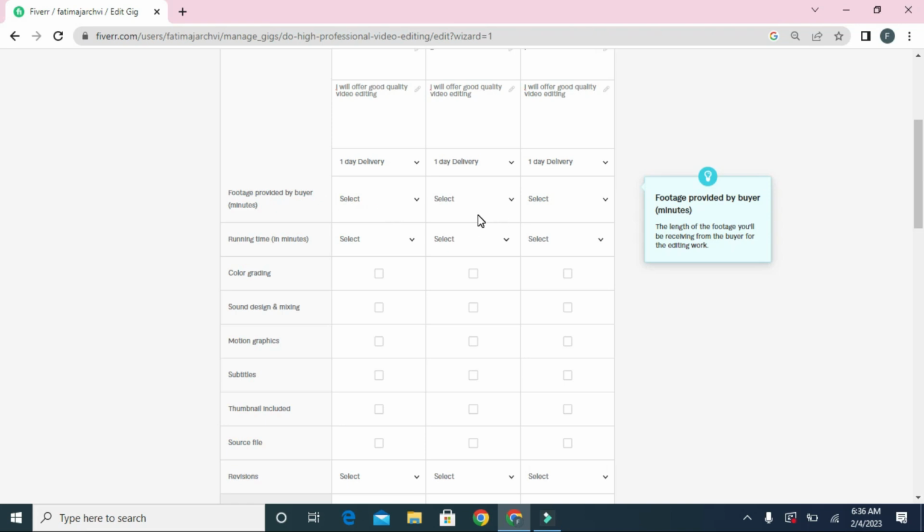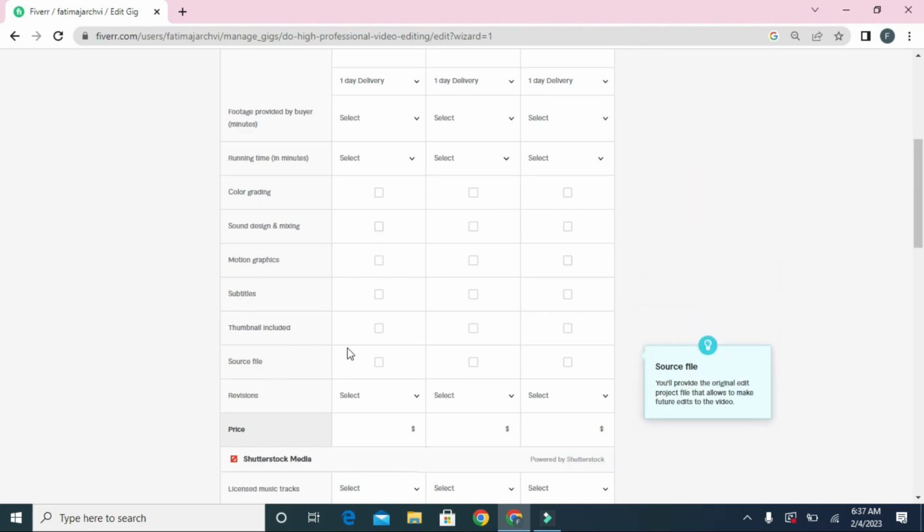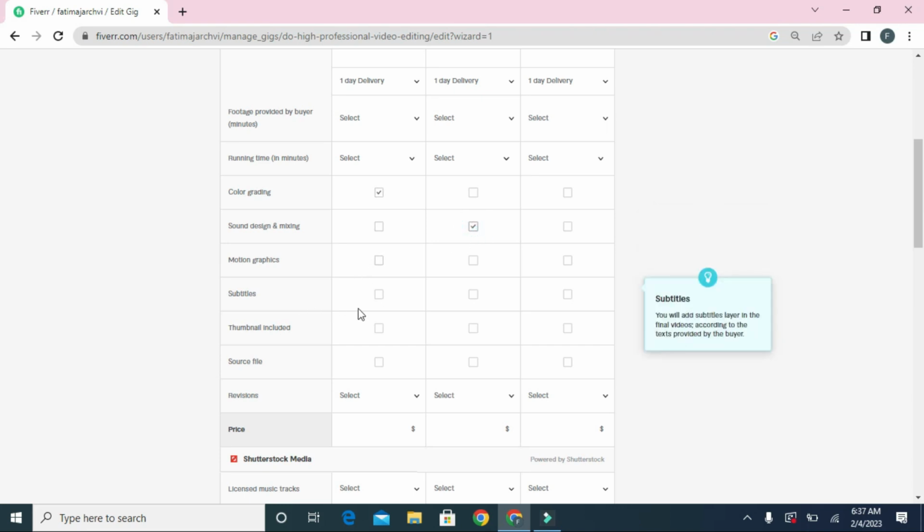If you don't want to select minutes of footage, you can select I don't want, and just leave it. Now select the work you can do. I am going to do color grading, subtitles, thumbnails,